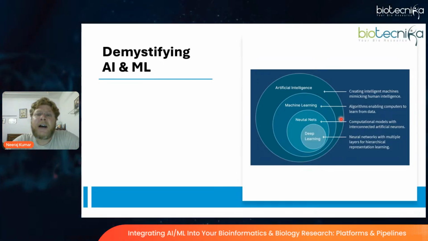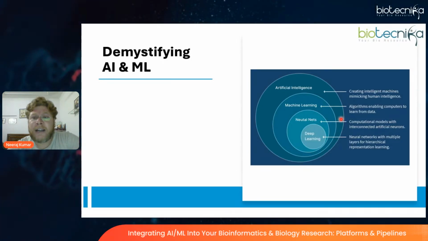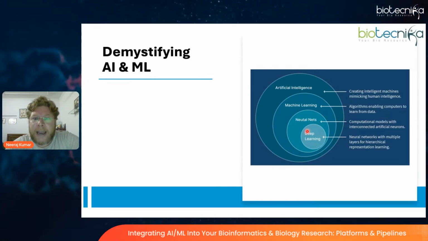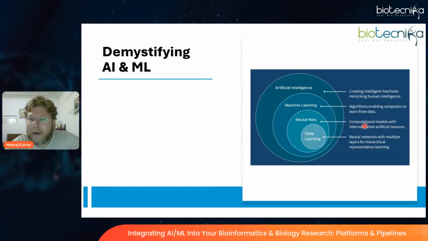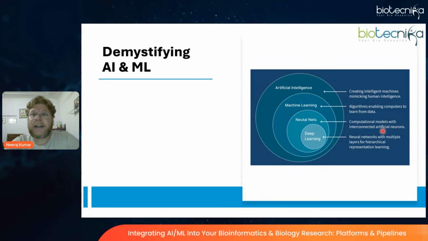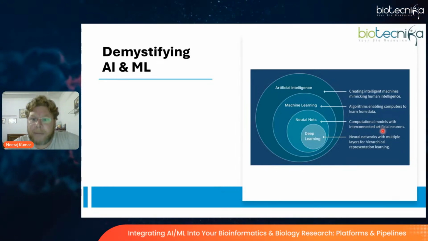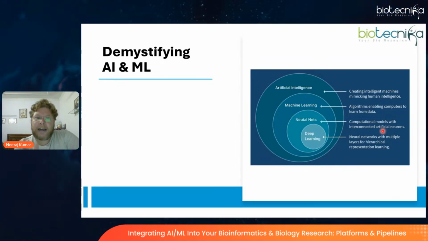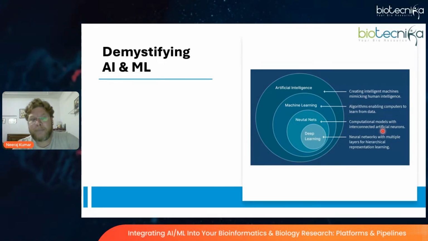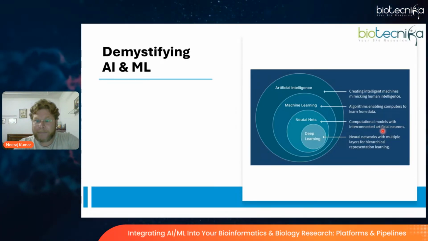So what type of machine learning algorithms, or other algorithms, are making machines more intelligent? These are neural networks and deep learning. So what are neural networks? Neural networks are computational models with interconnected artificial neurons. That is where they start mimicking the human brain. Neural networks are a collection of networks or models connected together to process information, to learn from that data, to understand the patterns, and on the basis of them they try to predict the details of the data.